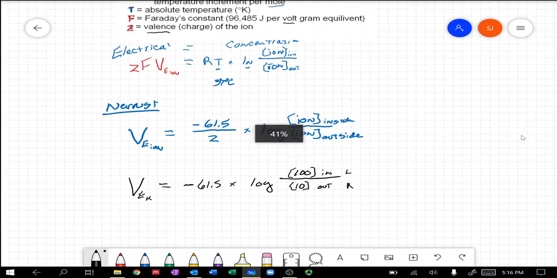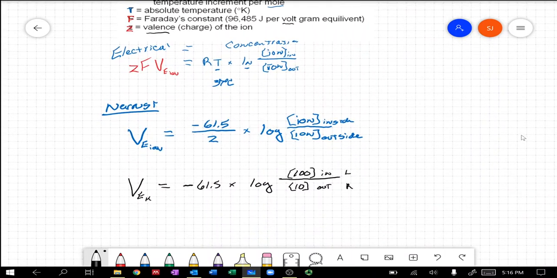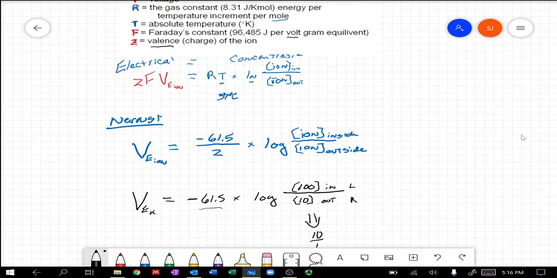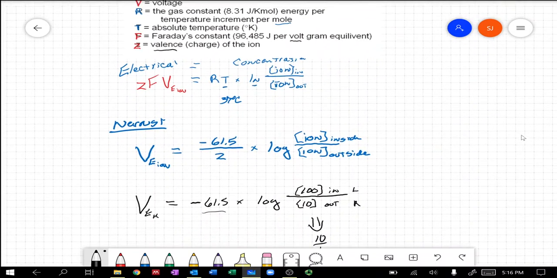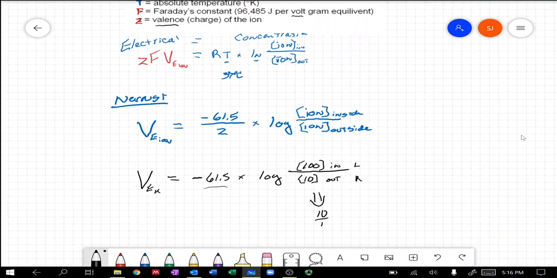So the math here is actually quite simple. First thing you do is you take this ratio, well, 100 over 10, that's pretty straightforward, isn't it? So 100 over 10, that actually is just going to go to 10 over 1, which is just 10. Log of 10 equals 1. 1 times minus 61.5, aha, there's my answer. So once we get a voltage across the membrane of minus 61.5 millivolts, again, based on the way we set this up, well, then we're in equilibrium. No more ions are moving across the membrane. And that's enough for now. We'll start looking at some real membranes